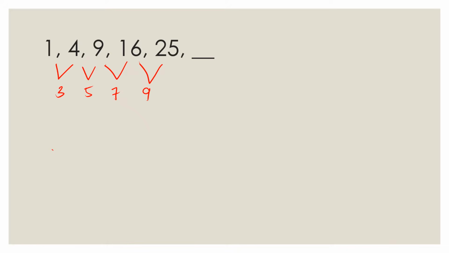Just in case you do not see the pattern yet in these differences, try getting the differences also of the differences. If you do 5 minus 3, that's 2. 7 minus 5, that's 2. 9 minus 7 is 2. Okay, so with the second set of differences, there is a clear pattern. It is repeating. So what we would expect, the next difference here will also be 2.